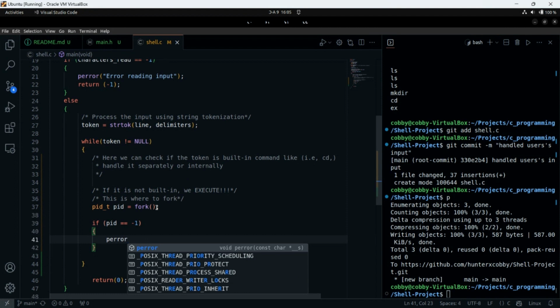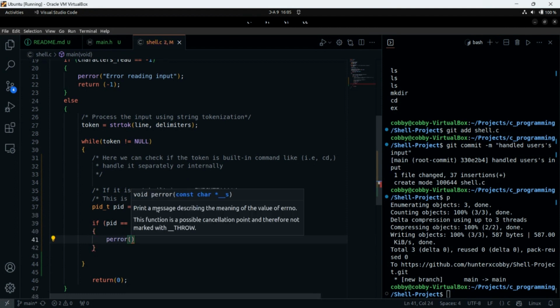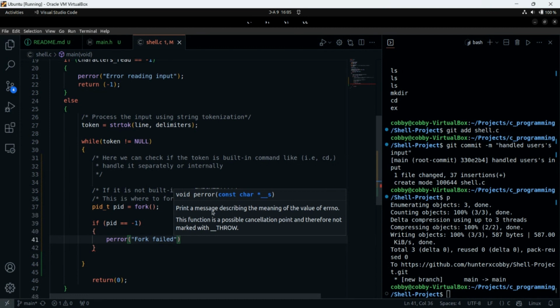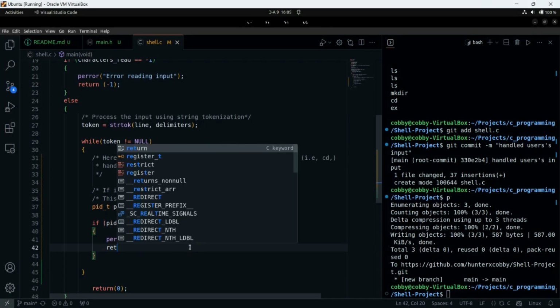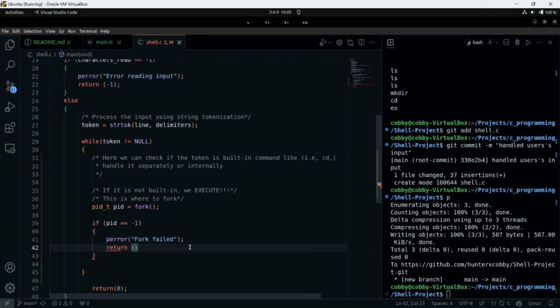So we want to check that if it returns -1, then we can see that our forking failed. So basically, this is what we want to do. We want to print to the screen that our fork failed, and then we want to return -1 for error. Always remember -1 or non-zero.